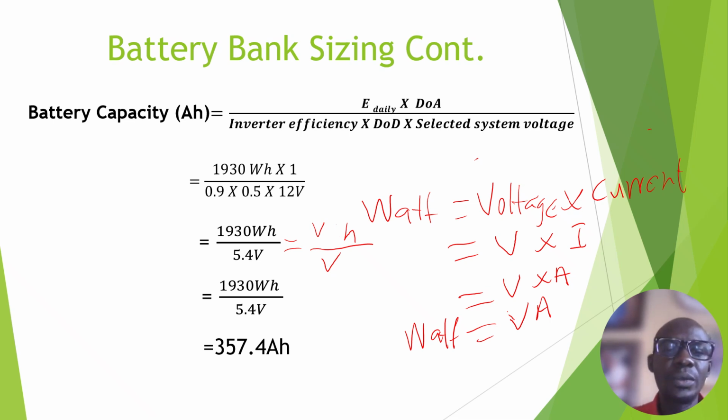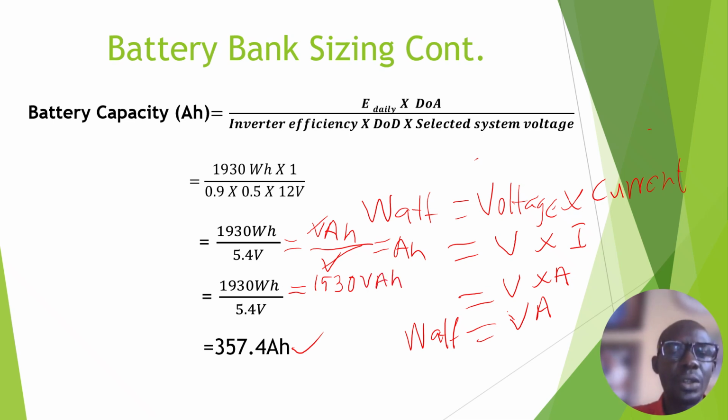So this one will now be VAh. V will cancel V, and it will now remain Ah, amp hour. And that's how we got this amp hour. So from here, it will be 1930 VAh all over 5.4 V. V will cancel V, and it will now remain 357.4 amp hour. And that's the battery capacity that I need to drive the